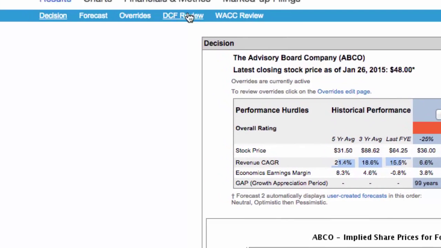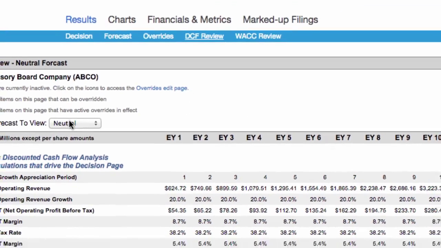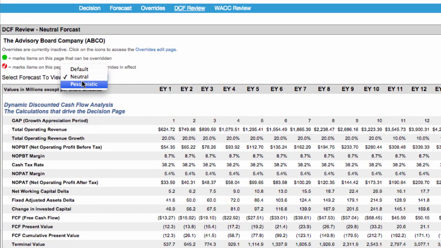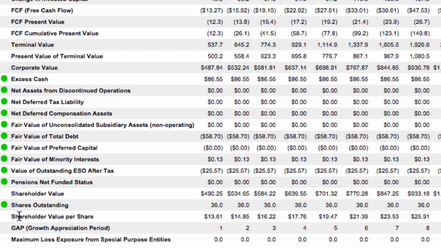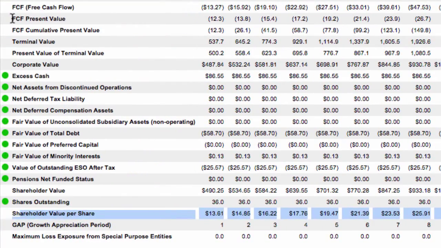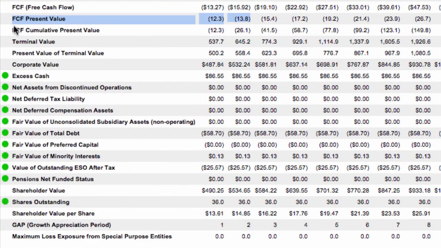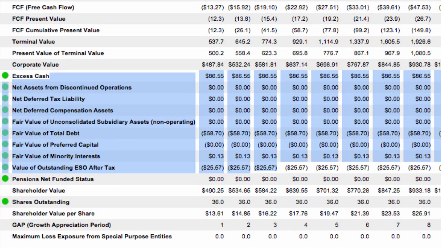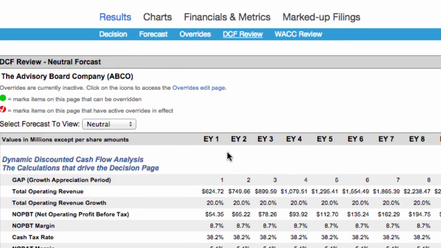Well, we have the same thing for any one of our models, right? So we've got a neutral and a pessimistic for ABCO and a default. And you can see the neutral scenario here. And you can see the implied shareholder value per share prices over the multiple time frames, right? And that's based on the present value of free cash flow, the cumulative present value of free cash flow, a terminal value, it's a no-growth terminal value, and the present value of the terminal value to get to a corporate value. We make all these adjustments, we get the shareholder value per share, and when you're at the decision page,